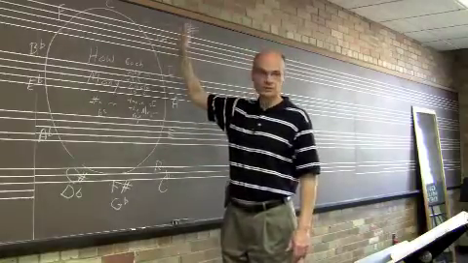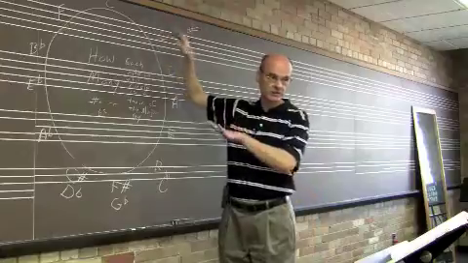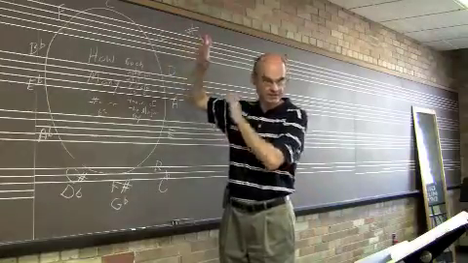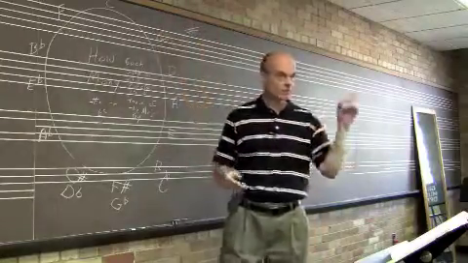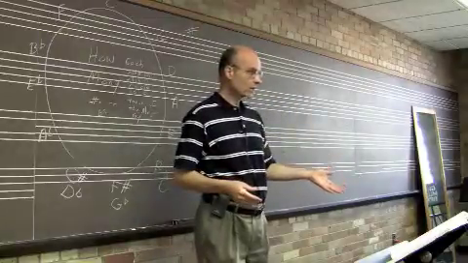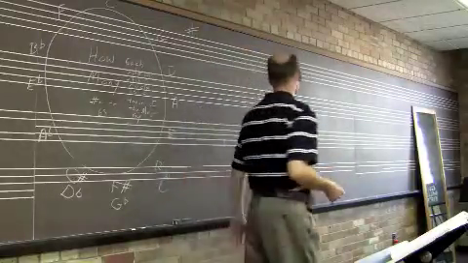So I know G is 1 sharp, but from this it doesn't tell me what sharp it is. So I have to memorize this. Then I also have to memorize the order of sharps. All right, so here's